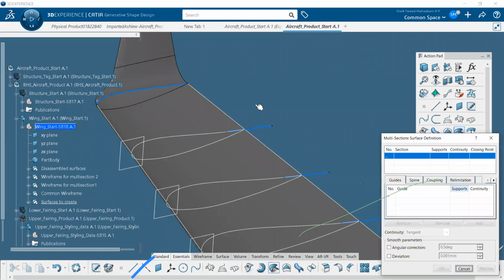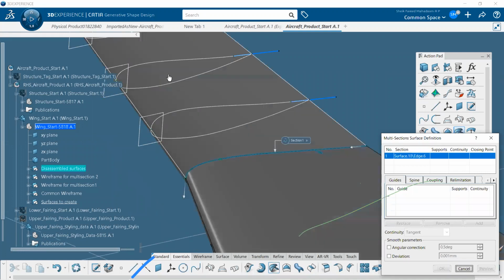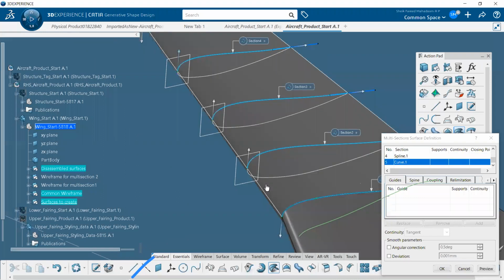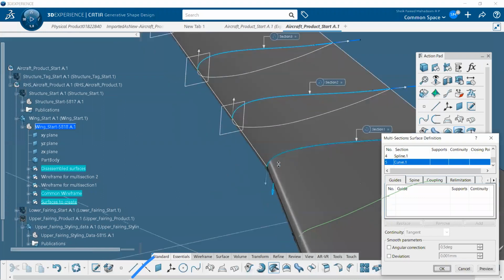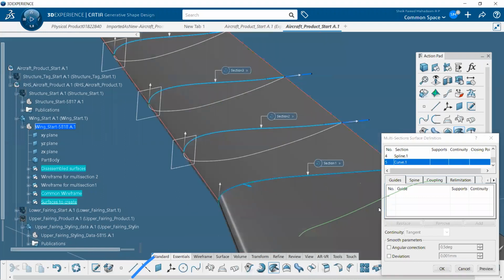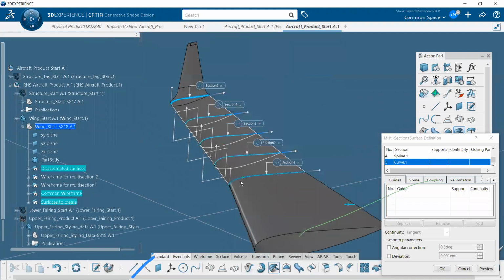Select the profiles one by one, and make sure all the directions are the same. Okay, so all the profiles are selected. Now go to the guide.